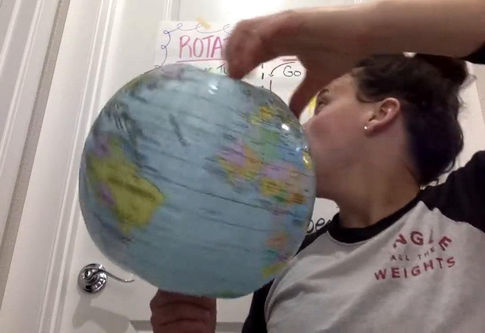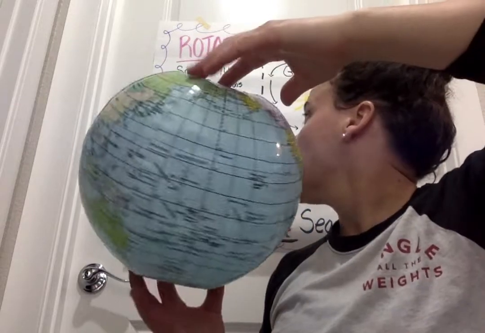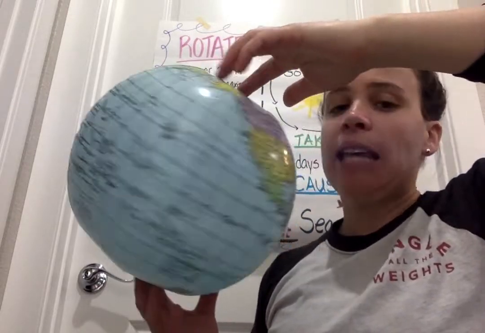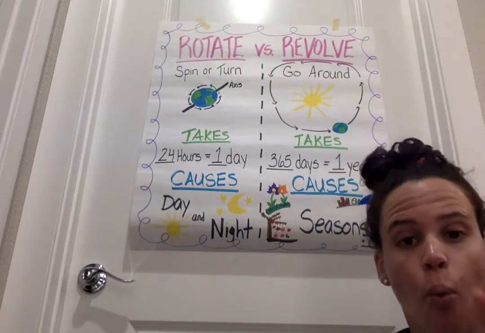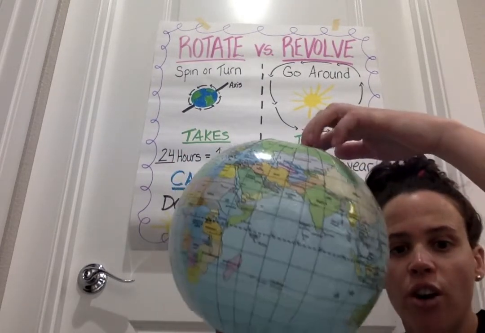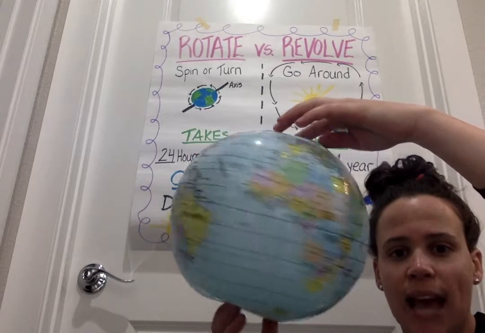And it's spinning. It's not moving, it's just spinning. It is rotating. And it takes 24 hours or 1 day for the earth to spin on its axis